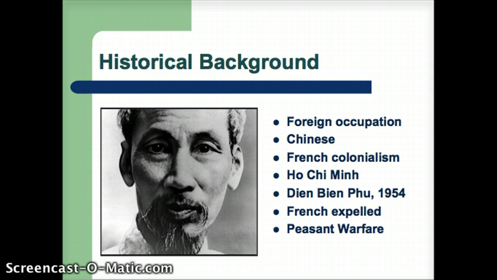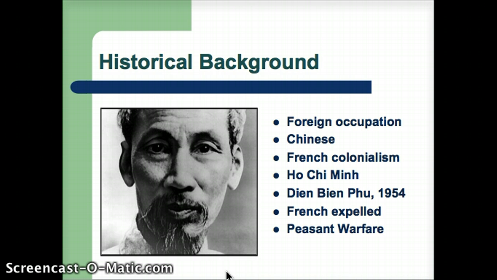And then we started giving more aid as Eisenhower's domino theory started to develop. All these things are leading us up into bringing ourselves into the historical background. But in the eyes of a Vietnamese person, for hundreds of years they had been nothing but people in occupation. They had been under someone else's rule for so many years. And finally, there was a guy by the name of Ho Chi Minh, and this is a picture of him right here. When he takes over,